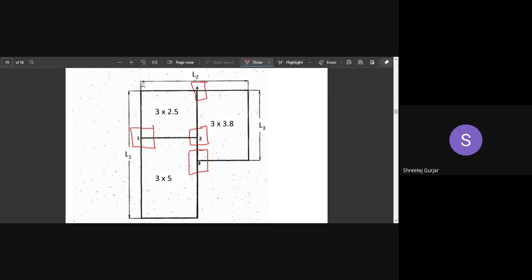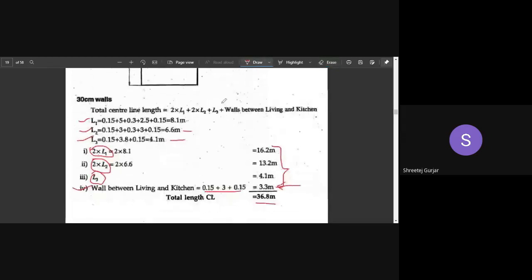This is not considered a junction because it is L shape and not T shape. These are corners, but these are not junctions. Okay, all of these are corners, but these are not junctions. You can see 1, 2, 3, and 4 T junctions we have. So that is what you write down as capital N. So capital N is equal to 4 in number.